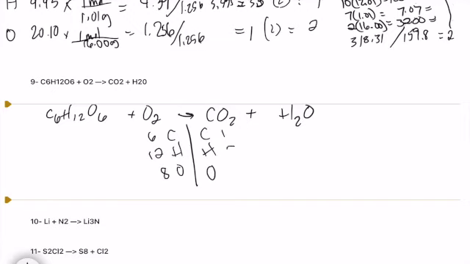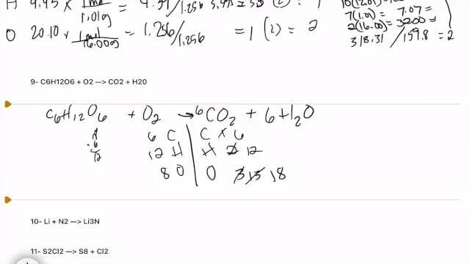We're given 6 carbons, 12 hydrogens, and 6 plus 2 is 8 oxygens. On the reactant side, we have 1 carbon, 2 hydrogens, and 3 oxygens. Let's start out with everything but hydrogen and oxygen. We started out with carbon. We're getting it to balance on the right, so we use a coefficient of 6. That gave us 6 carbons, but also 12 plus 1 more is now 13 oxygens. We try to balance our hydrogen here with 6. That gives us 12 hydrogens, but now we have 6 oxygens plus the 12 from the carbon dioxide gives us 18 oxygens. We go back over to the reactant side.